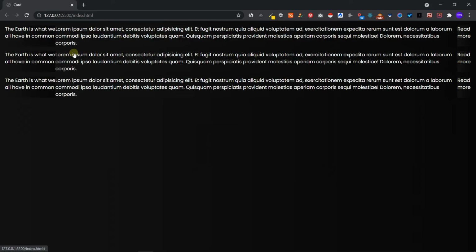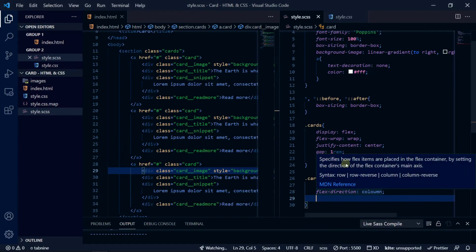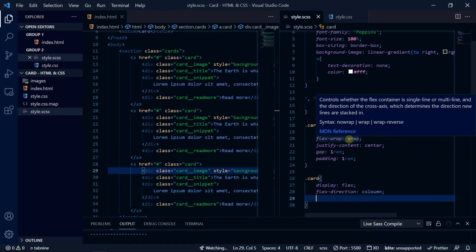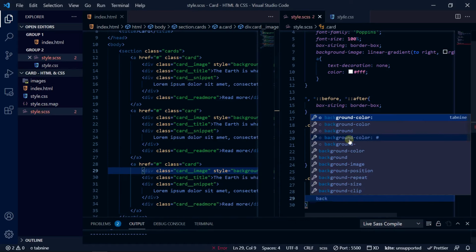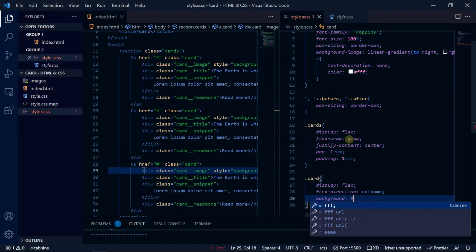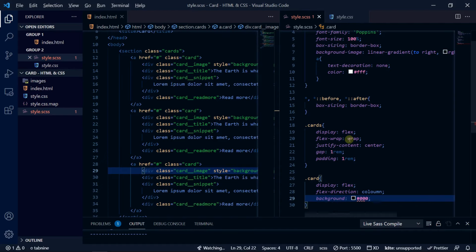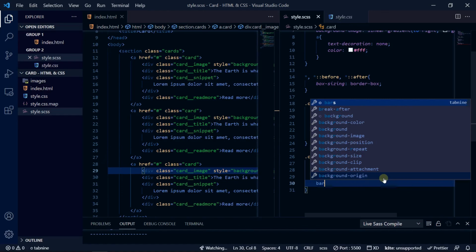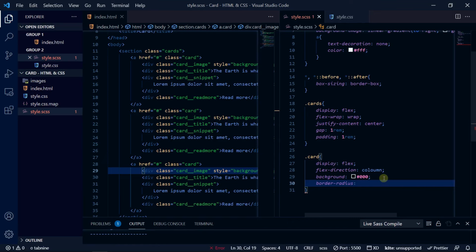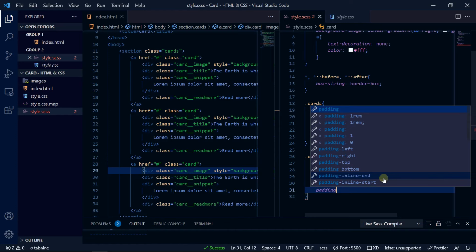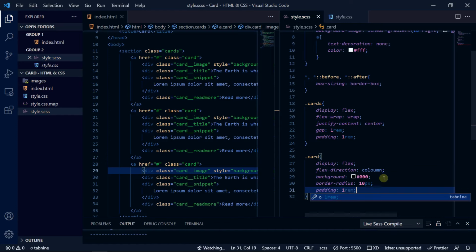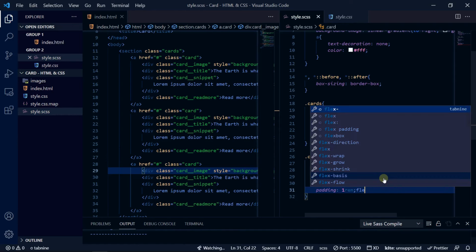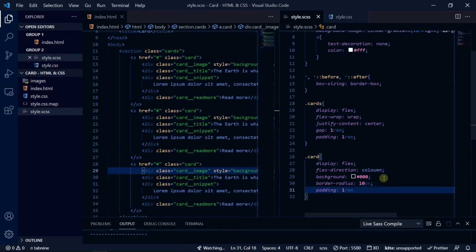Okay, so let's see where we are having some issue. We have to work more on it. Okay, let's take its background to be stroke 0 solid black, and it should also have a border radius of 10 pixel, and padding should be 1 rem, and let's also have flex to be